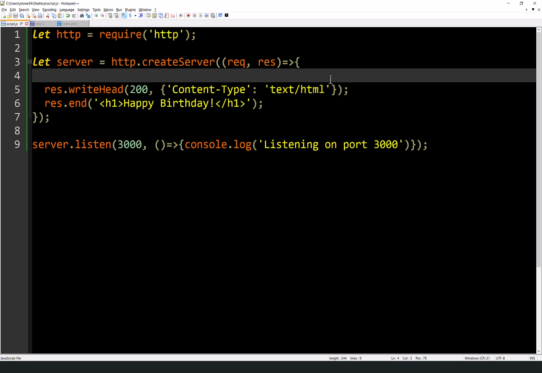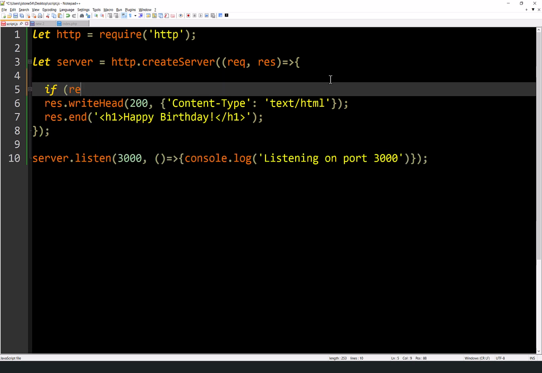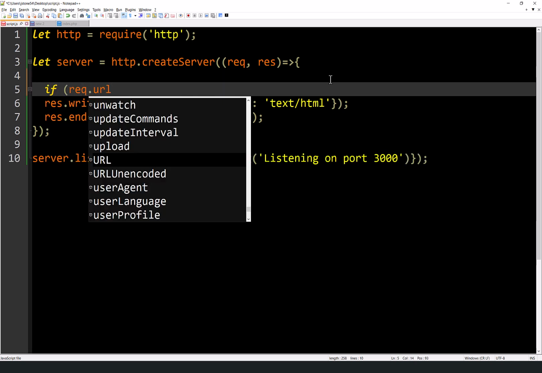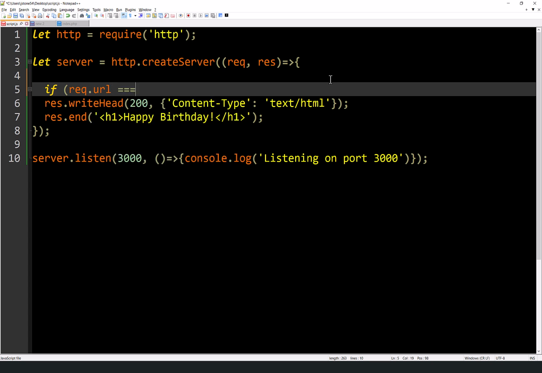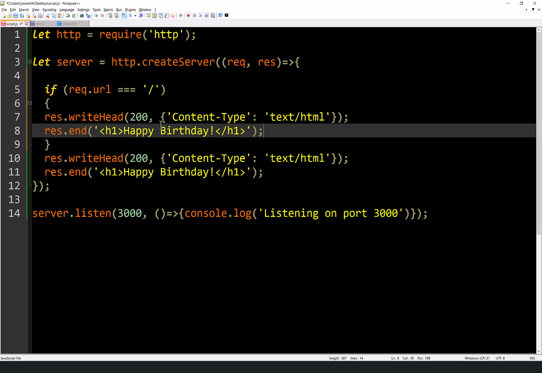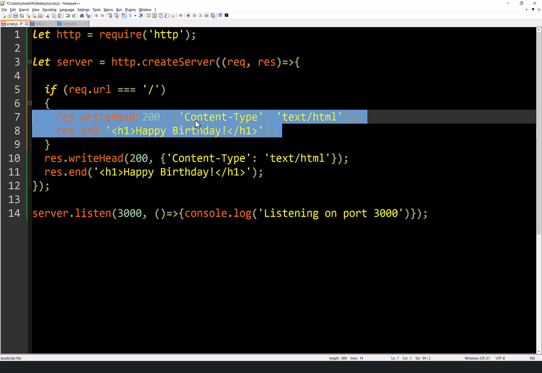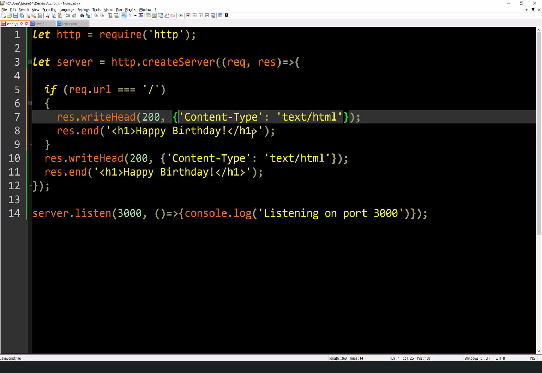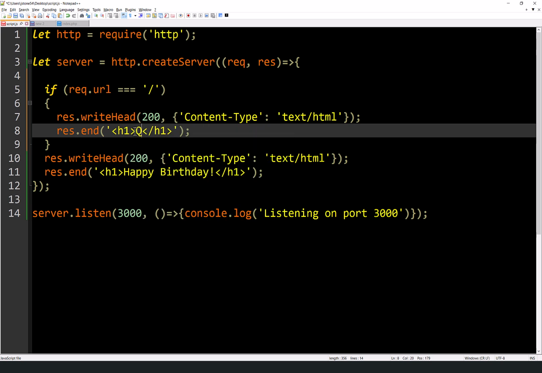And so we're going to now look at that, and we're going to ask a question. If the request URL, that's a property of the request object, is equal to just a slash, 127.0.0.1:3000/, in other words, just the home page, then we're going to say, welcome to the home page or something like that. And so we need to basically do this right here. We need to send a 200 header and tell them it's going to be HTML. And then we're just going to have a message that says, welcome to our site.